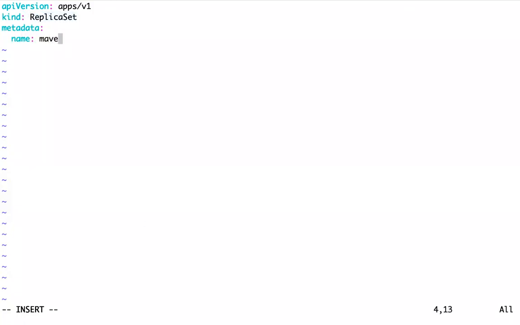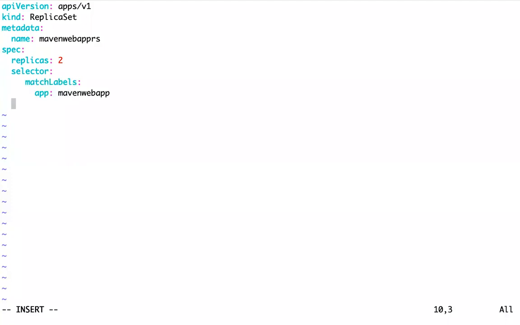Name, spec. Here replicas: how many replicas do you want to create? Selector: here you can use matchLabels or matchExpressions. I can give something like app: Maven web app.